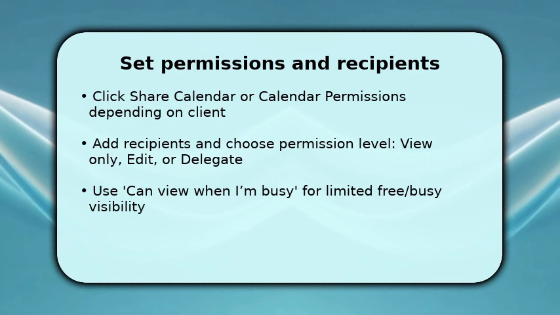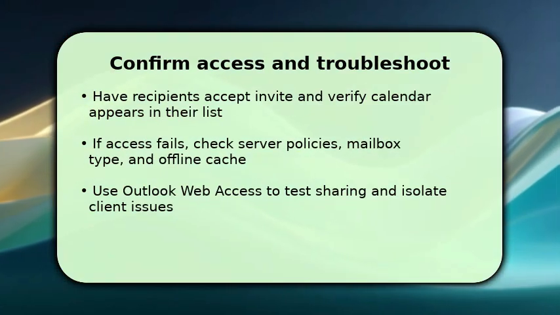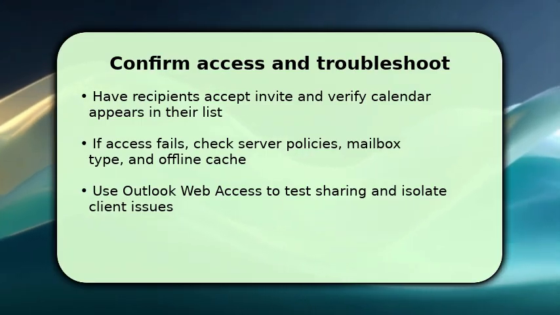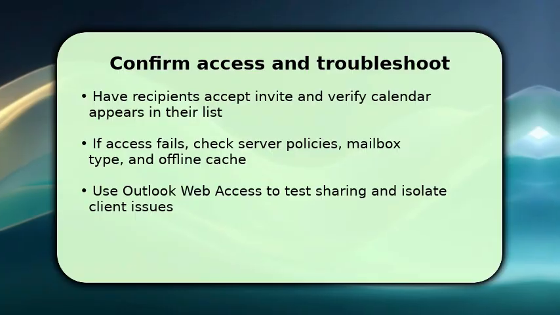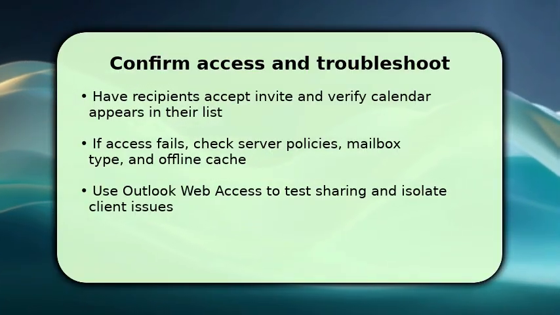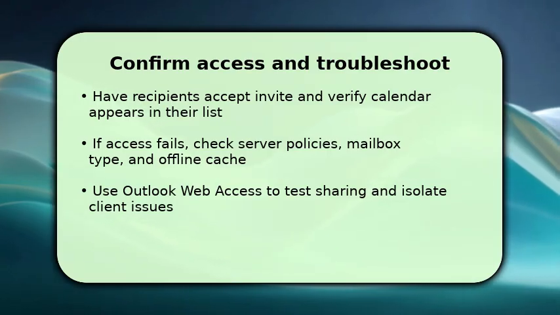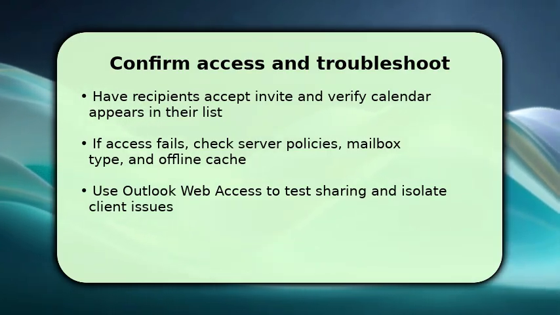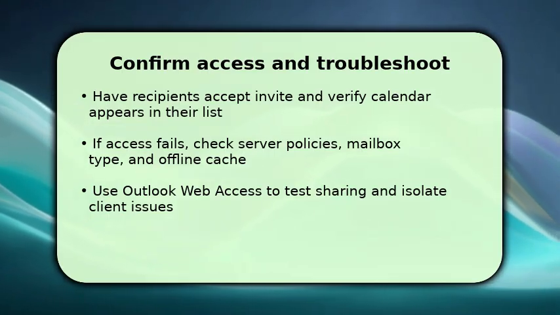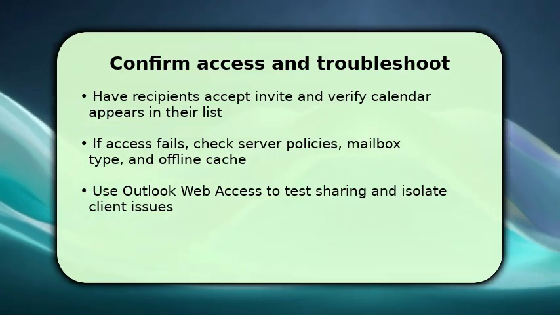If someone can't access it, first verify you granted the correct permission level and that both accounts are on Exchange or Office 365. Next, check organizational sharing policies or cached mode issues. Switching to Outlook Web Access quickly isolates client problems. As a final tip, remove and re-add the share, or ask your admin to reset sharing rules if